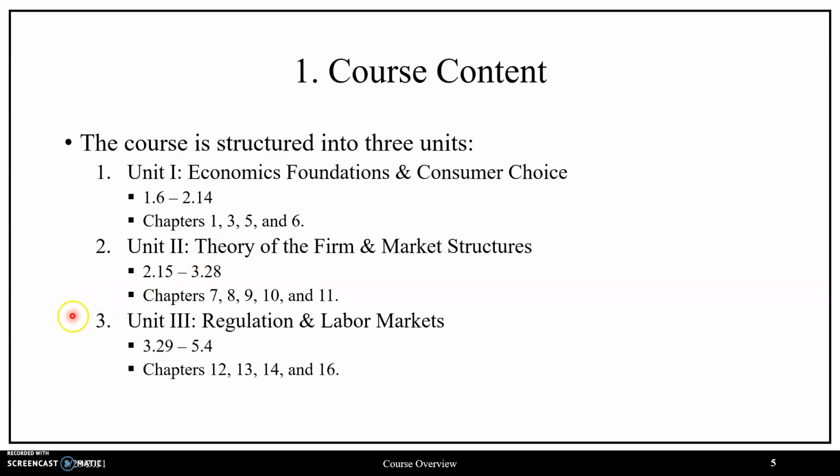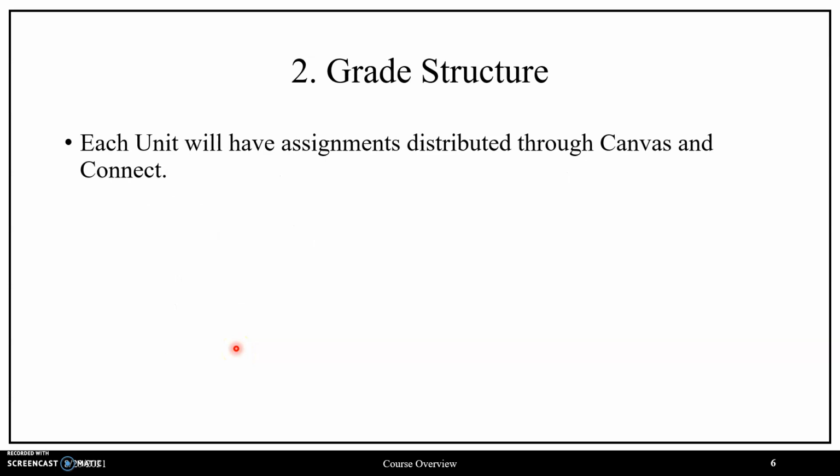which will then lead us to the last unit of the course, which will be on regulation and labor markets, where we will seek to examine how governments can intervene within markets and alter their outcomes, as well as how wages and labor hours are determined within the factor market of labor, where this will take us from the 29th of March through the 4th of May. So then, with our course content covered, let us now move on to the grade structure of the course,